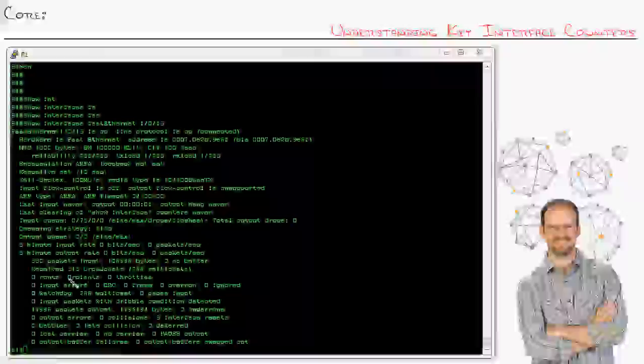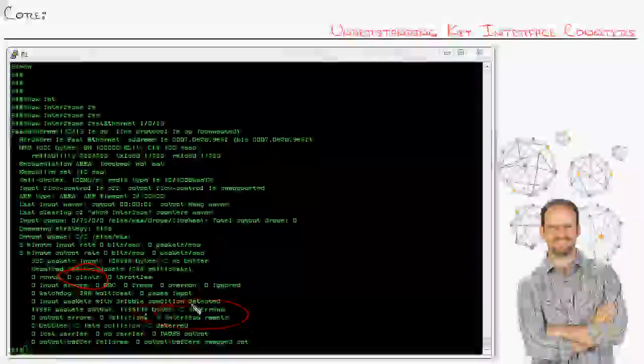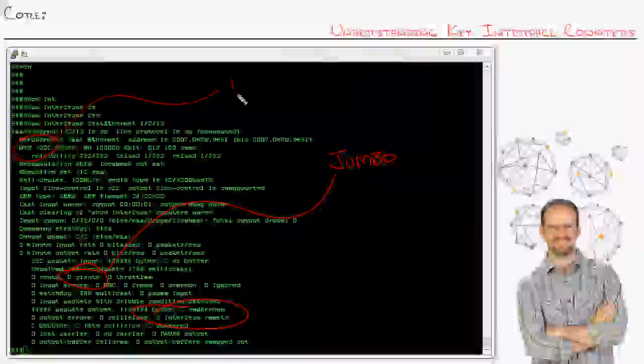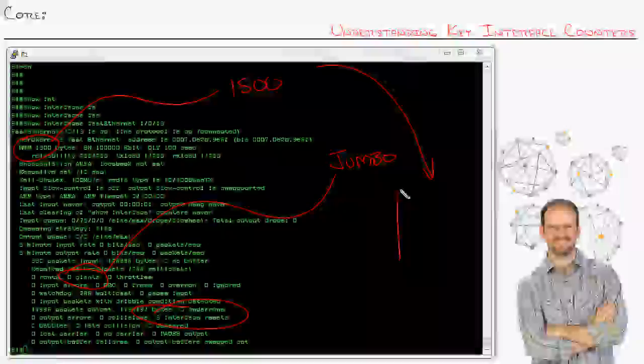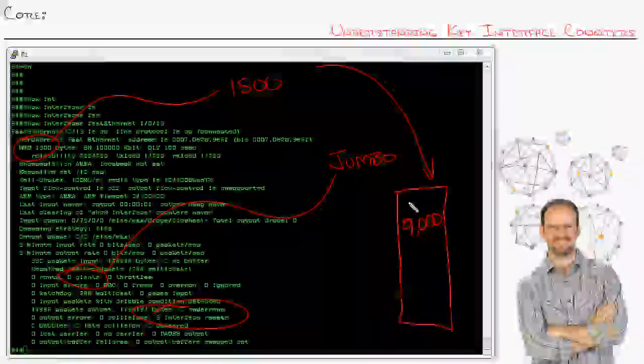Last two I've got: giants and interface resets. Giants occur if you've got one side configured for jumbo frames and the other side isn't. Normal Ethernet standard says that the maximum transmission unit should be 1500 bytes. Well, as you start getting into virtualization and running all kinds of stuff through the switch, they're like, hey, we can make this a lot more efficient because our switches are awesome nowadays and they don't have many packet drops. We don't need to split our data up so much. So we can create these jumbo frames, meaning frames that can jam in 9,000 bytes of data,